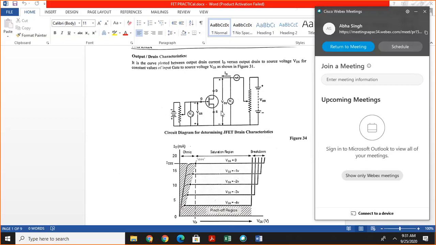Between drain and source we apply another potentiometer, and this voltmeter is used to measure the voltage between drain to source, and this meter is used to measure drain current ID.